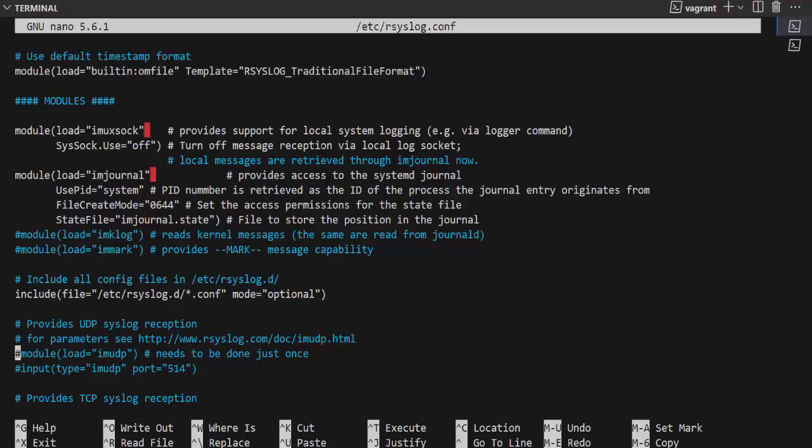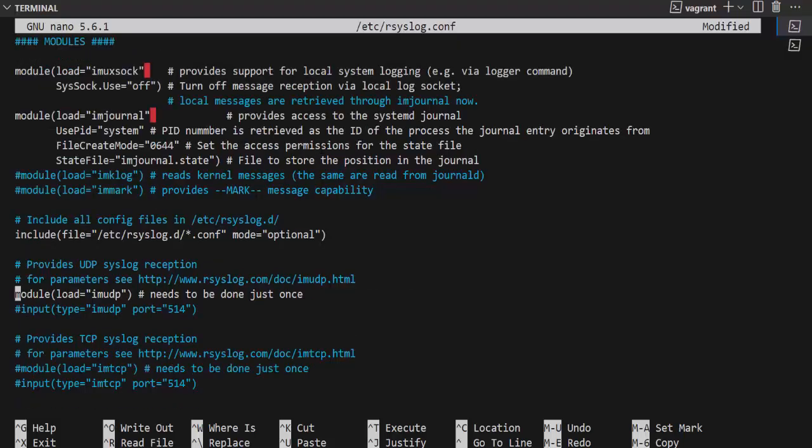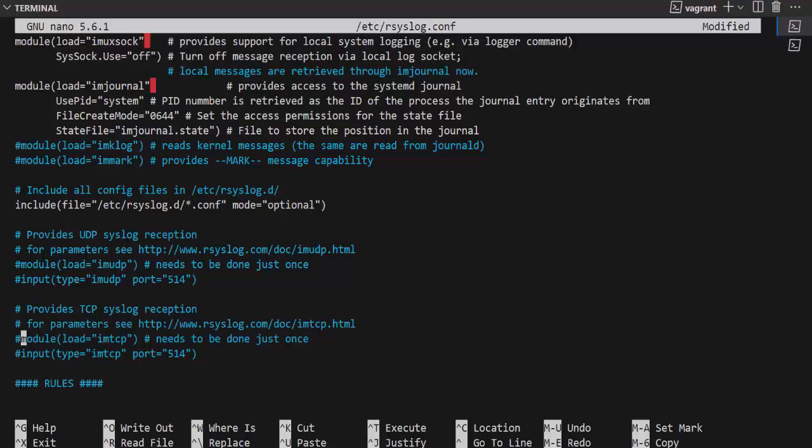And here is the line, so I will uncomment this line, and I will also uncomment the input type. Sorry, this is not the correct line, so let's comment this again. So here is our line, module load imtcp. I will uncomment this line, and I will also uncomment input type imtcp port 514. Now let's save the file,